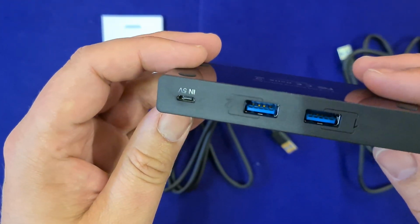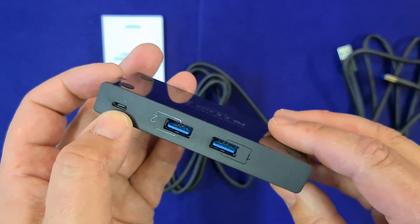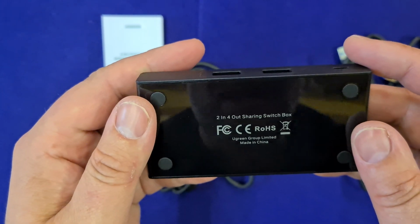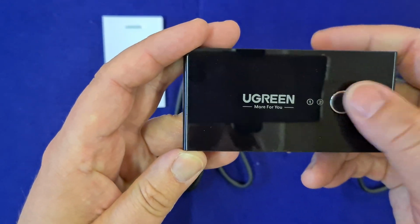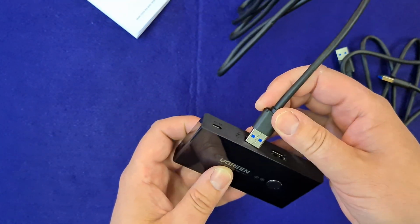So there we go. I'm not sure whether it requires it, but there is a 5-volt micro in. Let me switch that around, sorry. Micro in. Now, I don't know whether it needs that to power it, but I will let you know later when I've read the instructions and been through it. There's a nice little switch button, and there's the 4 ports to plug in, and then these two, obviously,